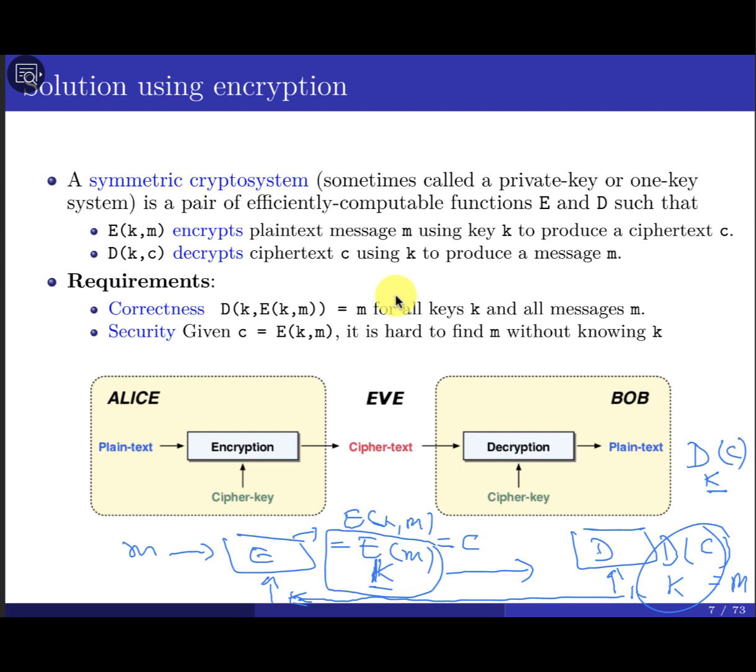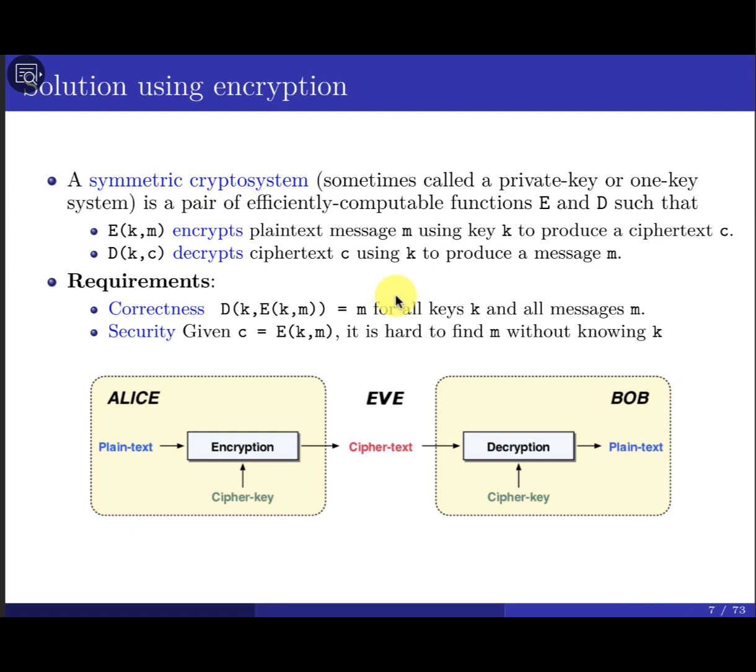So, what's the requirement in order for this to work? Let me write this one here. The encryption is going to be encryption K for M, and this one was C. And here the decryption with K for C. If you substitute C with the value of C here, I'm just trying to substitute this one. It looks like C is equal to what? Encryption of K of M. Alright? This is the C back here. And this is the decryption.